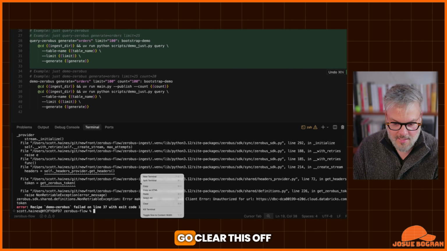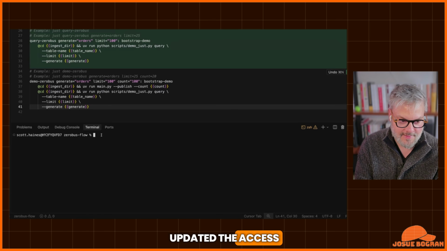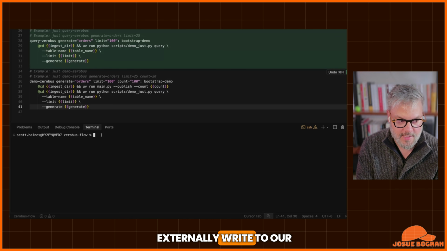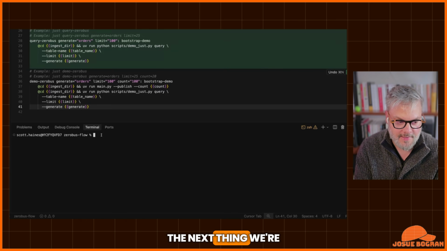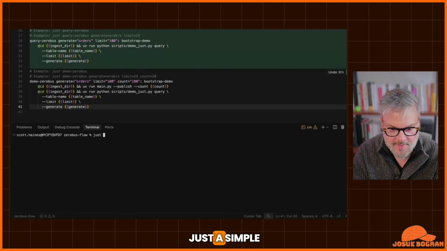And now we're going to go clear this off. So now that we've updated the access controls for our service principal to allow it to externally write to our Zerobus table, the next thing we're going to do is just test to make sure that everything was working over there. So we're going to do just a simple